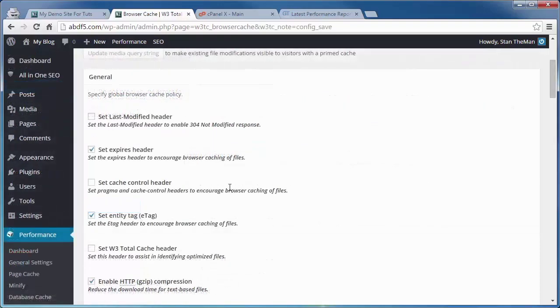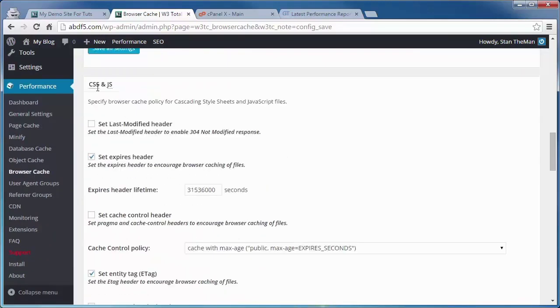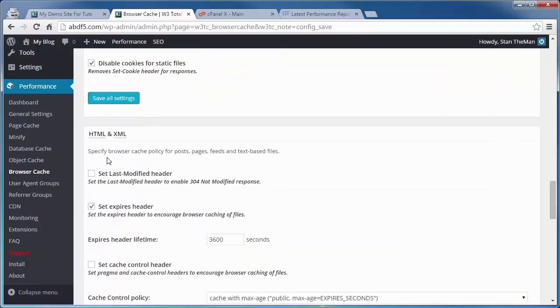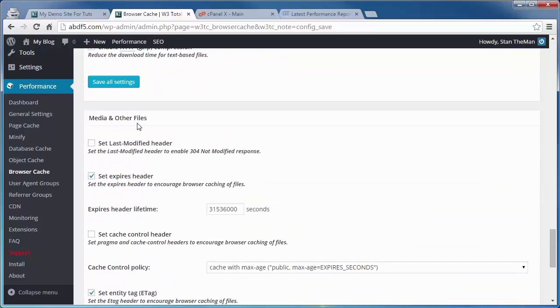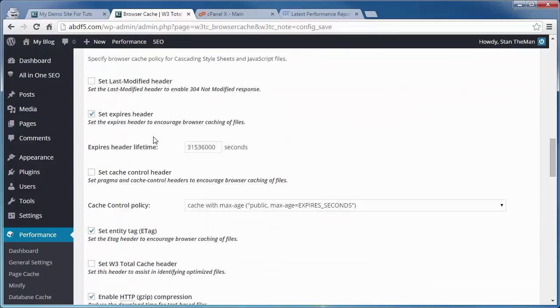And that's the settings for the General section. And as we made these adjustments here under the General section, they also affected these boxes under the subsections for CSS and JavaScript, HTML and XML, media and other files. And all of these default settings are just fine, but they are there just in case you find the need